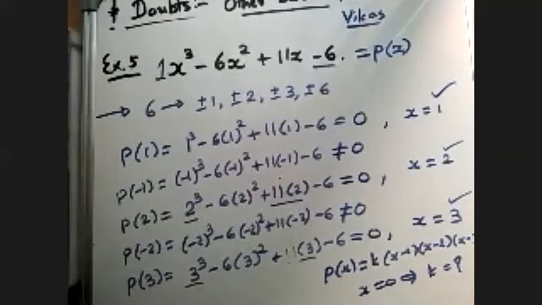Now Prahlad is asking, sir, if after doing the trial and error method we notice that only the negative numbers are roots, is it compulsory to show all the values of those negative numbers? No, no, no.